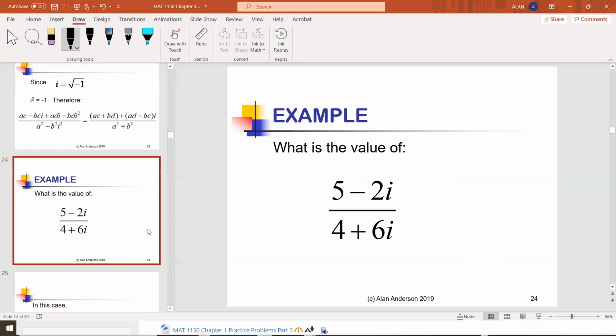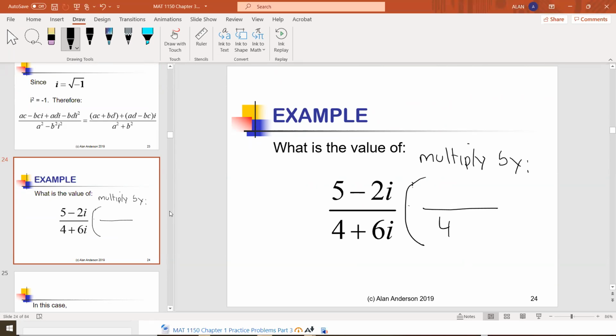All right, so we're going to take this, multiply, so we'll have 4 minus 6i, 4 minus 6i. So we haven't changed anything because this ratio is clearly 1. Then we'll apply FOIL to the numerator and the denominator. So if you apply FOIL to the numerator,